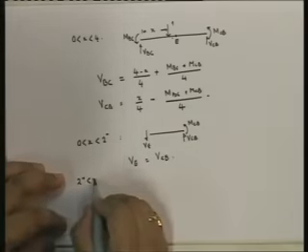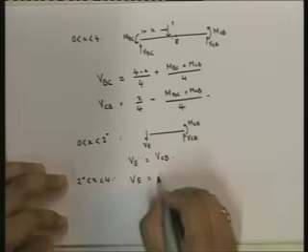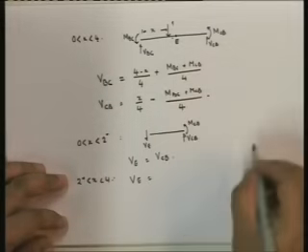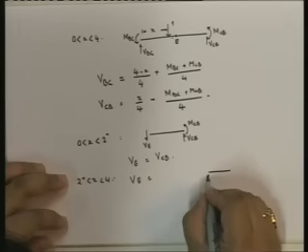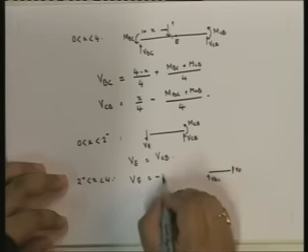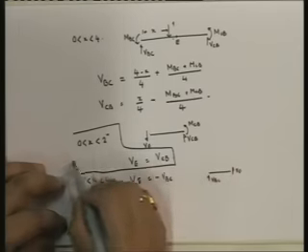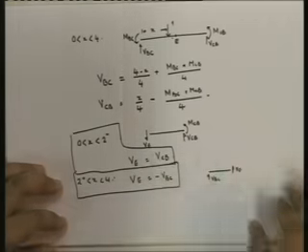And when the load is between this, VE is equal to... you will see that this is VBC and this is the positive VE. So this is going to be minus V. So for this, V is equal to this, and for this, this is. Now these are the expressions for VE when the load is between B and C. We now need to find out what VE is going to be if the load is between